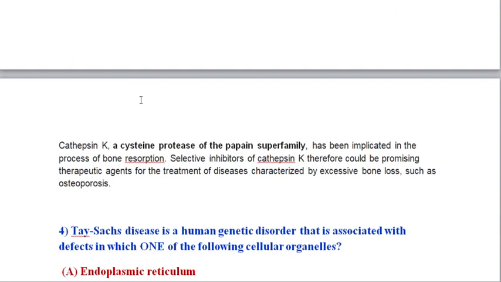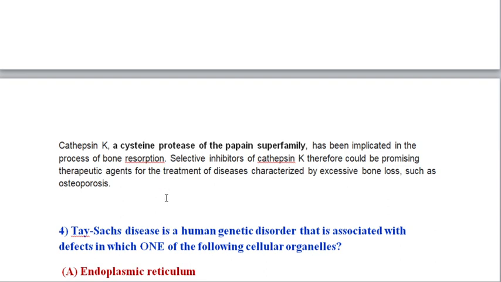cathepsin K inhibitor. This cathepsin is actually a cysteine protease enzyme and it is implicated in a process called bone resorption. Bone resorption is nothing but the destruction of your bone tissue, which promotes bone loss. So what happens when you lose your bone? Ultimately the bone mass and bone density will start to decrease. You can find this in the elderly, or those with osteoporotic or postmenopausal conditions. For those you can find this bone resorption where there will be severe loss of your bone